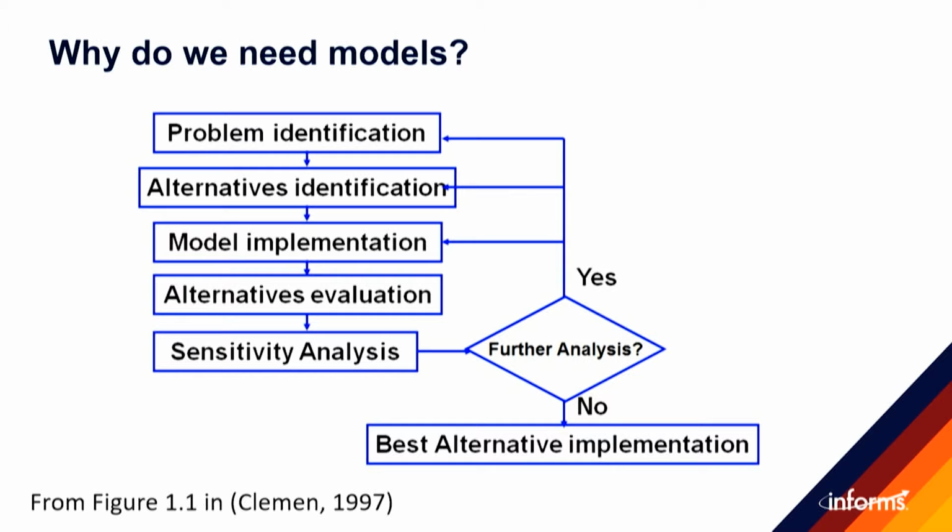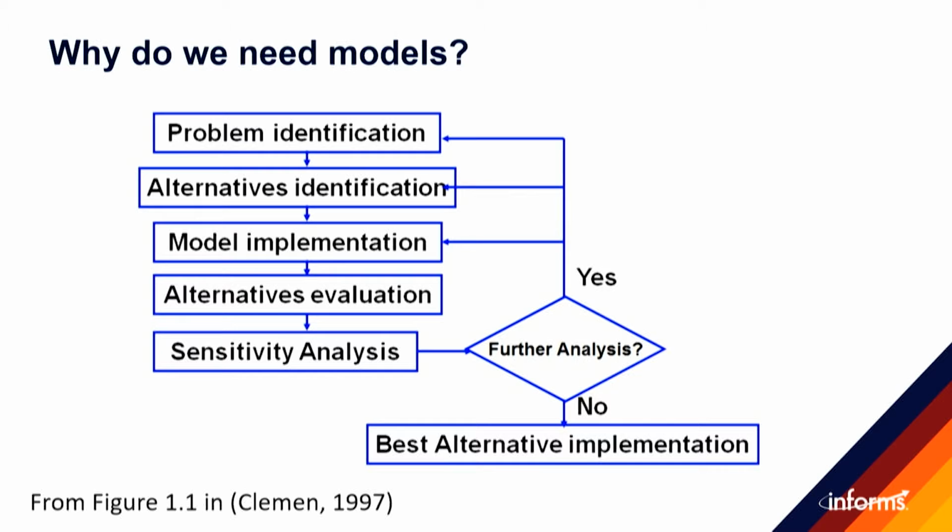I'd like to start with the decision analysis process as envisioned by Clemen in his book, Making Hard Decisions, 1997. And this was related to how you structure well a decision analysis process. And you see the first step would be problem identification. The second is identify your alternatives, then implement a model, evaluate the alternatives through the model, and perform sensitivity analysis. There it's the last step, because sensitivity analysis at that point would be, okay, now you have decided that you act